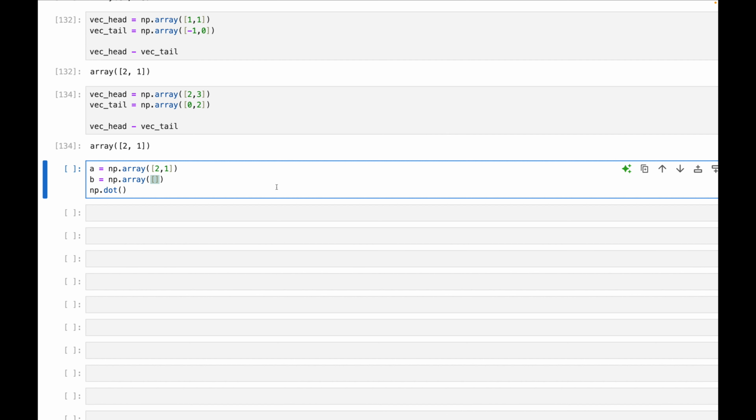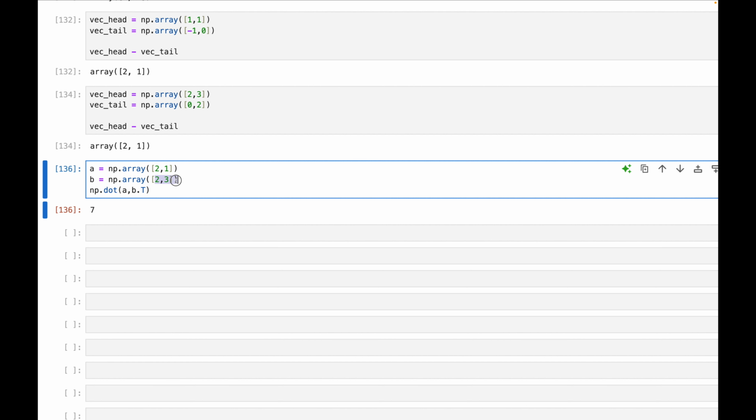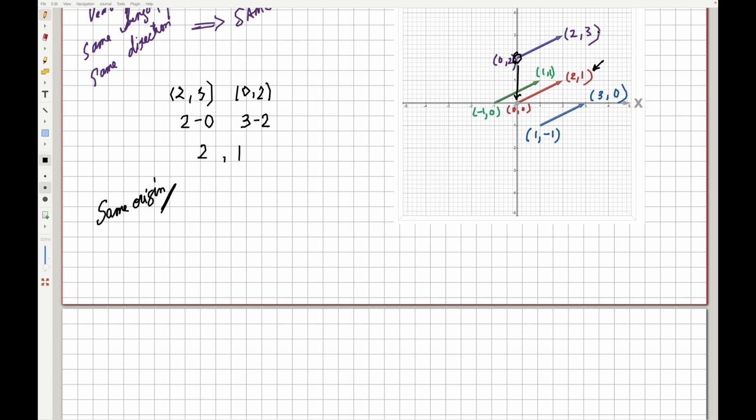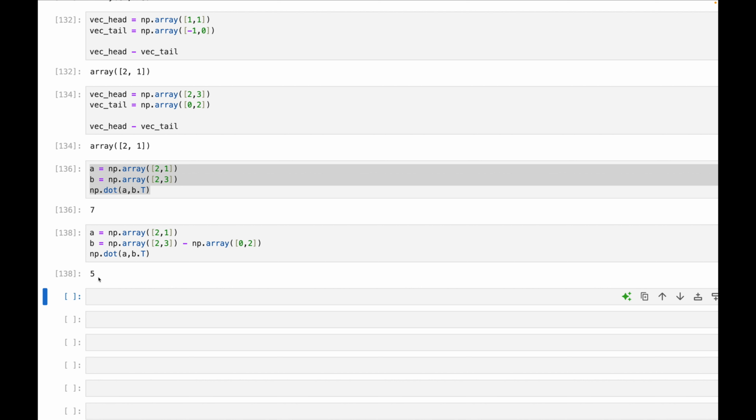If we try to do this dot product with (2, 3), that is not going to get us the expected result. It's going to get us a value of 3, because we are dotting it to 3. Ideally, we need to move that vector so that their origins are at the same point. This one is starting at (0, 2), and this one is starting at (0, 0). So what we want is a vector that starts at the same point, so we subtract the tail. We say minus the tail at (0, 2), and now when we perform the dot product, we get a value of 5,